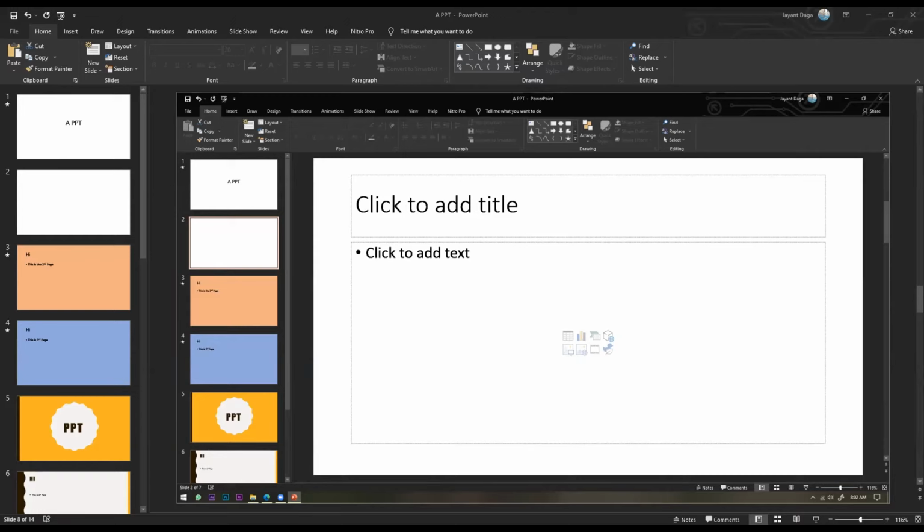Microsoft Word or Paint? Yes, sir. Or Notepad? Yes, sir. In this also, see, this section will come to this later.